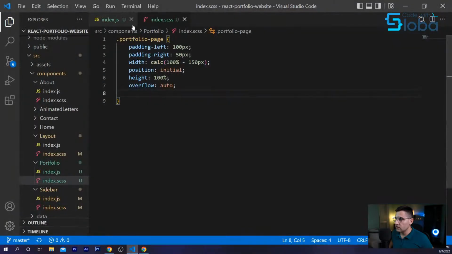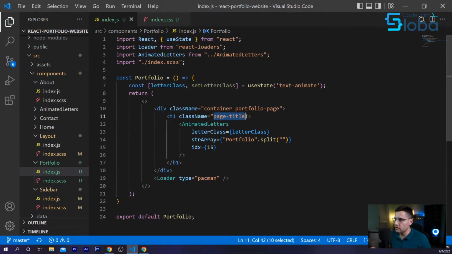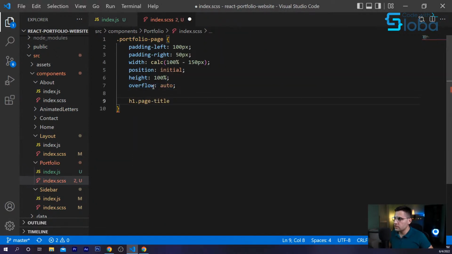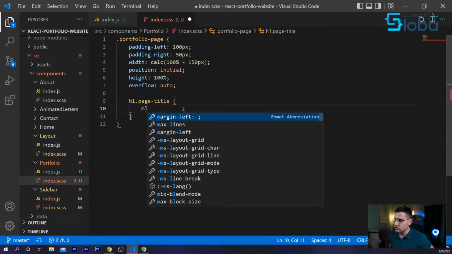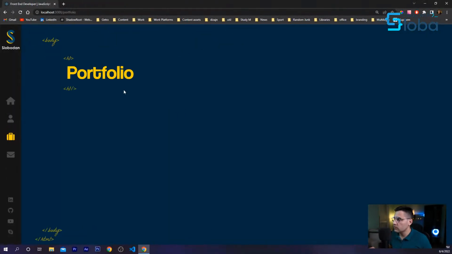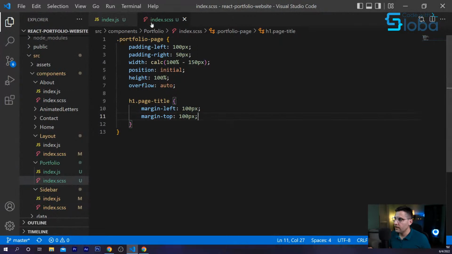Now let's style our title. It's called page title. And here I would need to add H1 so that we have specific CSS targeting, because we have a couple of page titles on our pages and styles, so I need to add H1 in order to make this CSS target specific, so it's overriding other rules. Let's add a margin left so it's indented a little bit more. Margin left 100 pixels, and margin top 100 pixels as well. So now it's at the right position finally. Cool. And that's it.